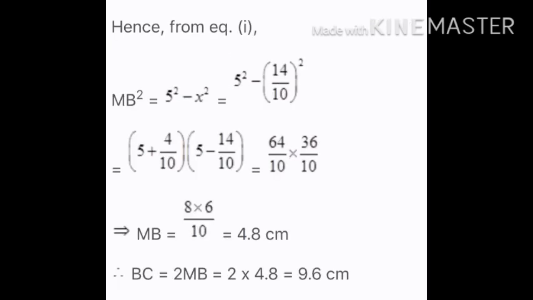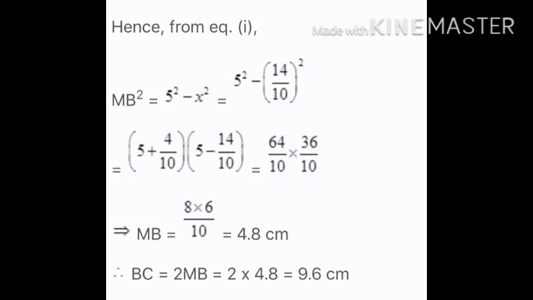Hence from equation 1, MB square is equal to 5 square minus (14 upon 10) square, which is 64 upon 10 into 36 upon 10. MB is equal to 8 into 6 upon 10,